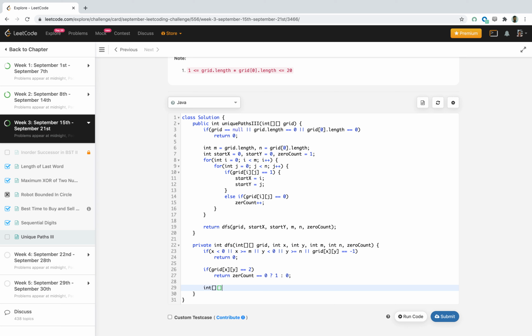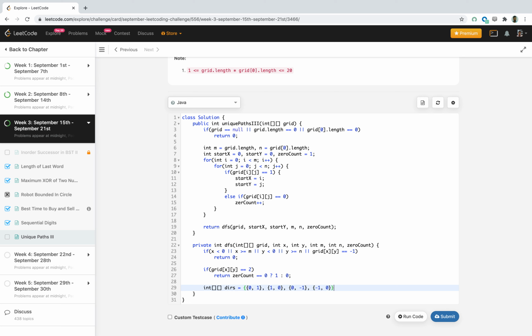Now let's declare another array. Here we'll store all the 4 directions that we can move: 0, 1; 1, 0; 0, -1; -1, 0.